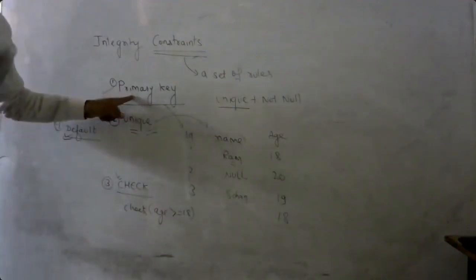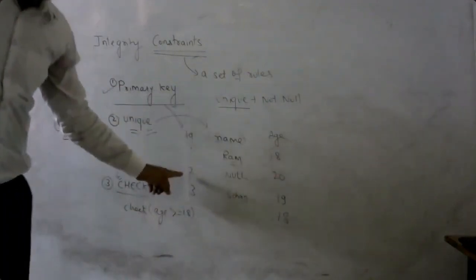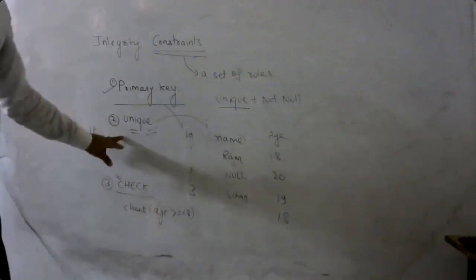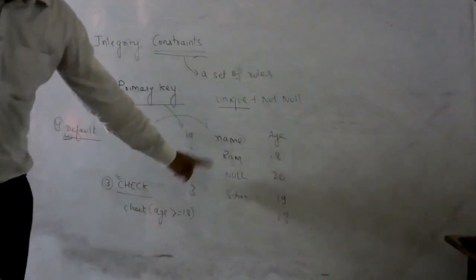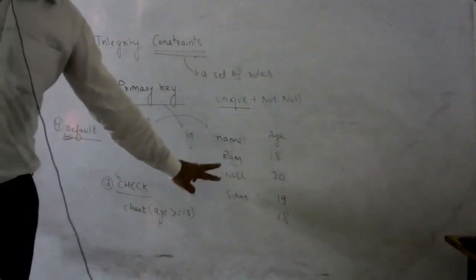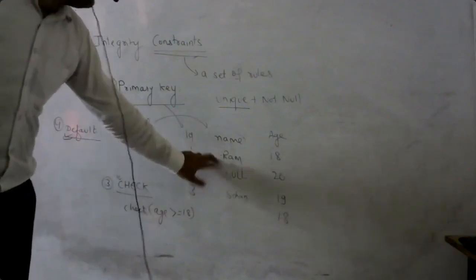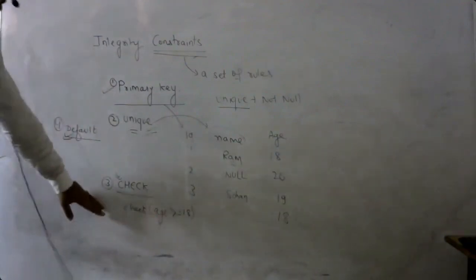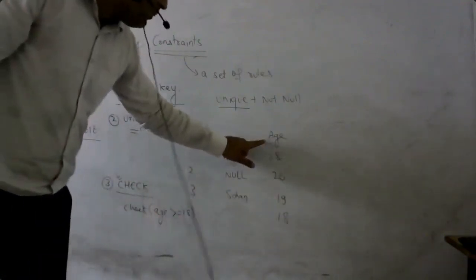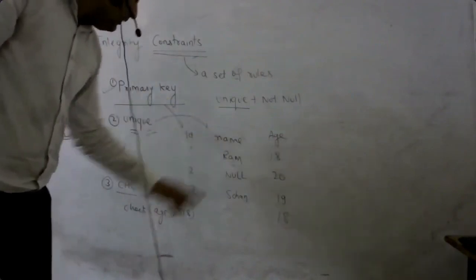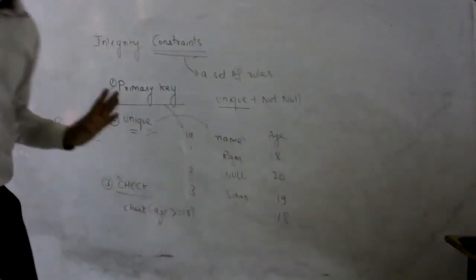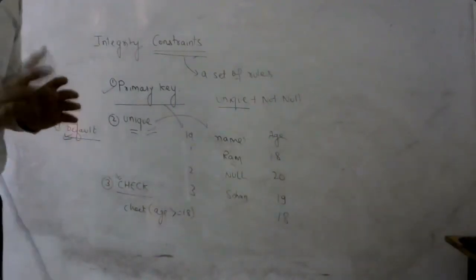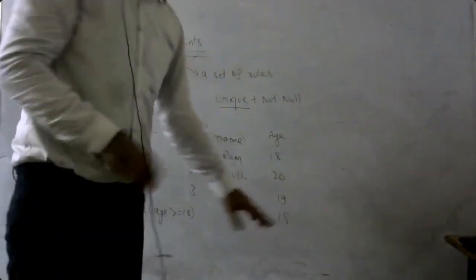Revising in a quick manner: primary key is not null plus unique, meaning for a particular attribute there must be a value and those values must be unique. If you talk about the unique constraint, for an attribute the values must be unique. No two rows have identical values for a particular attribute, and null is allowed. Third one is the check constraint. If a check constraint is applied on a particular attribute, then we cannot have a value less than the limit. If we go for the default constraint, when we leave out the value, the default value will appear.